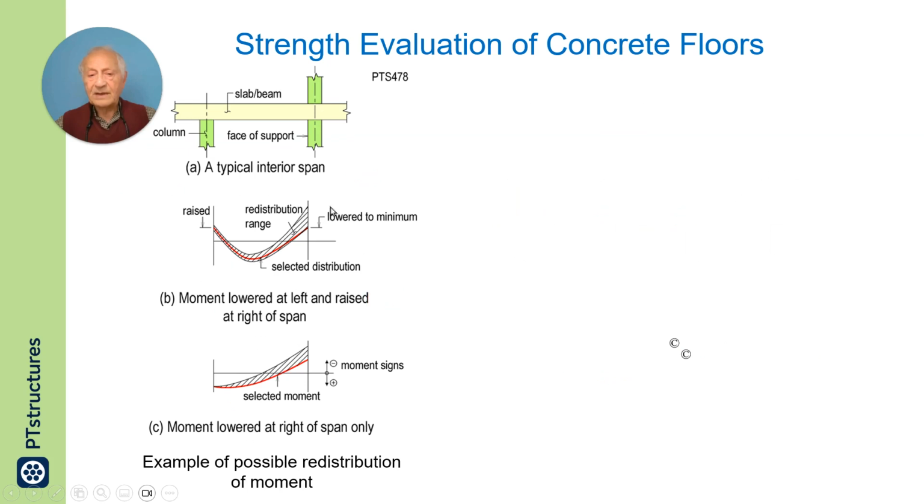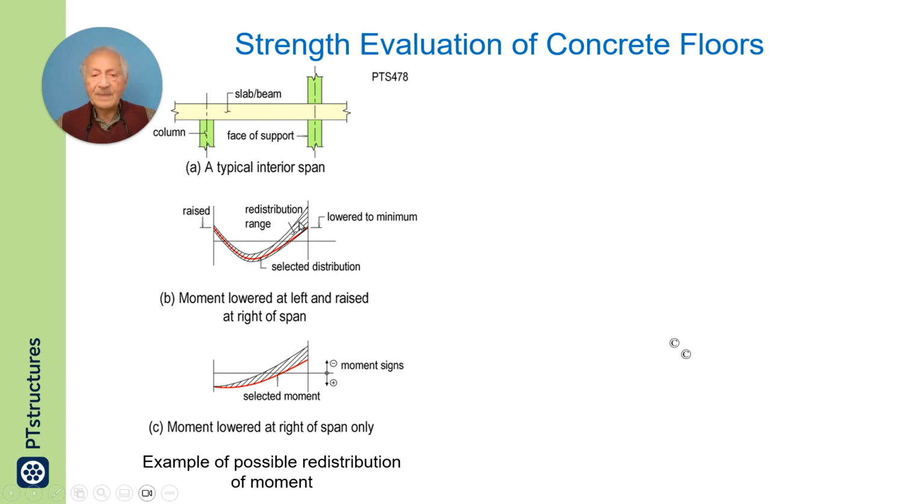So the ACI code permits, if the conditions are right, by conditions are right, that means if you have enough reinforcement, to have the calculated elastic moment. This red line is what we normally obtain in our analysis. Our analysis is based on elastic response. To have this raised or lowered by a certain percentage, could be as much as 20%,